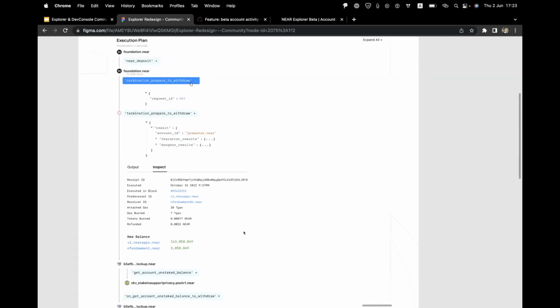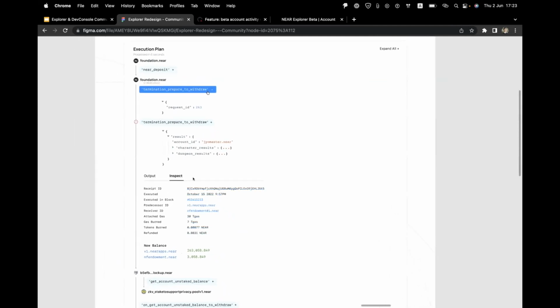I also think we will in the future expand this view with even more details for developers. For example, state view and how the state keys have changed, but we'll see how that goes,